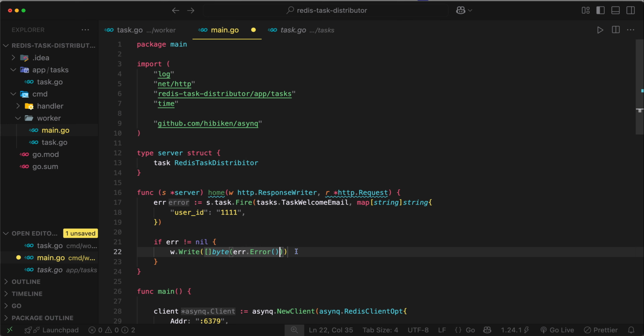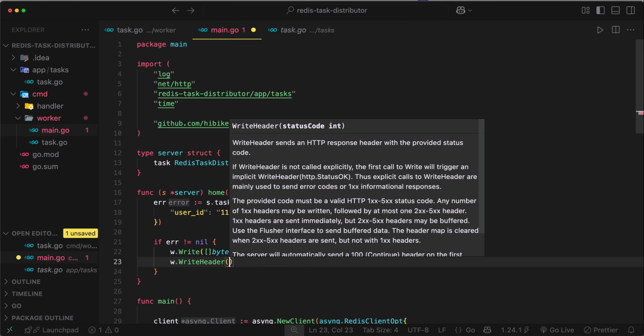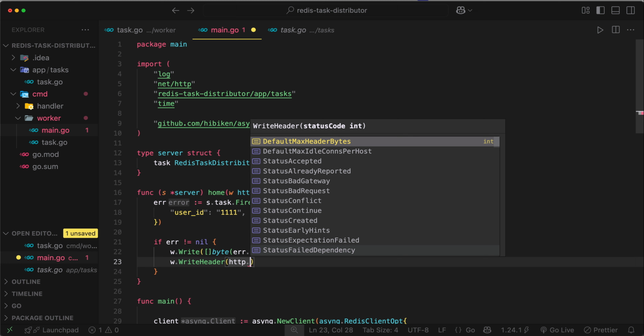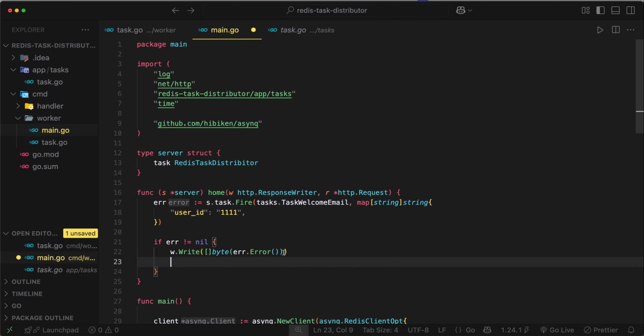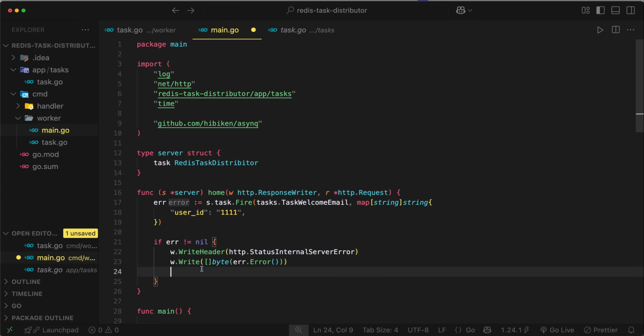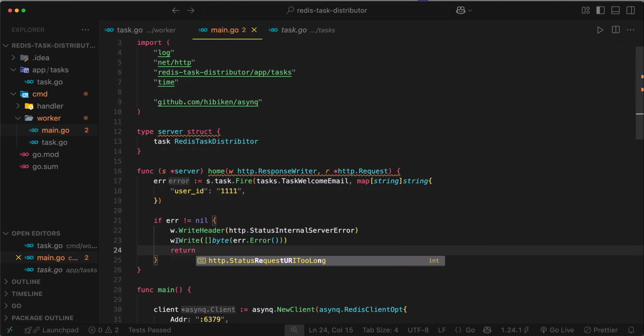Error. Write http.InternalServerError. I think we need to write the header before the body, something like this, and we can return. If not,